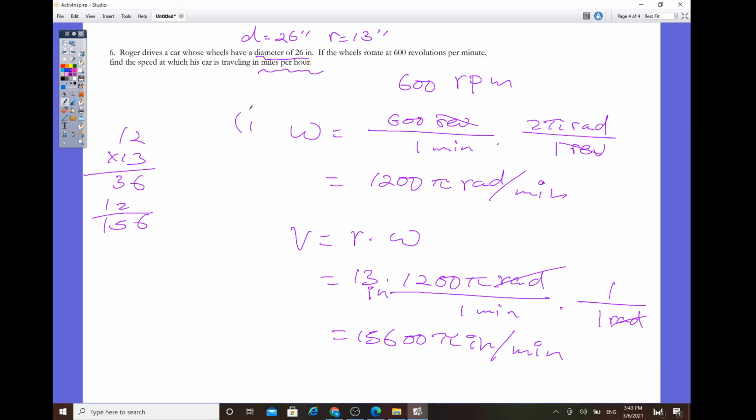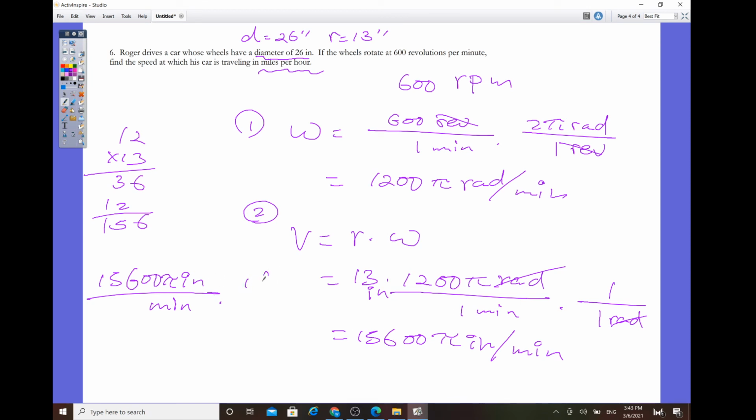Okay, so for step 3, convert this one to miles per hour. Basically, for the inches, we want to convert that to miles first. From a small unit to a big unit, that means we have to divide. So we do know that,